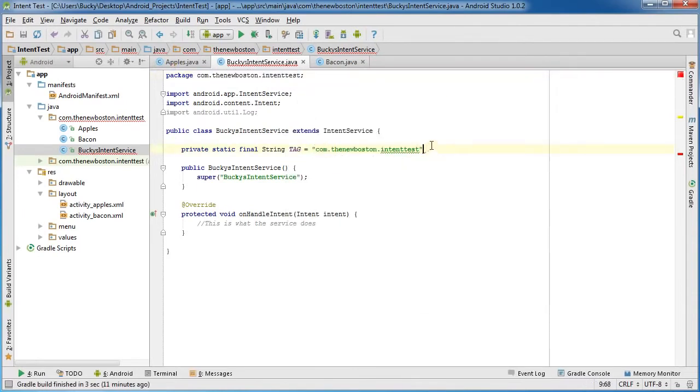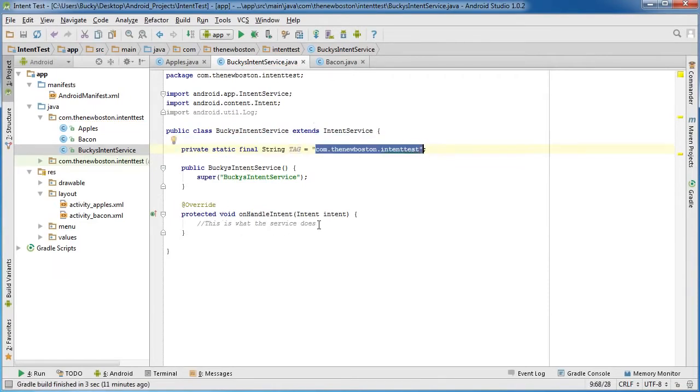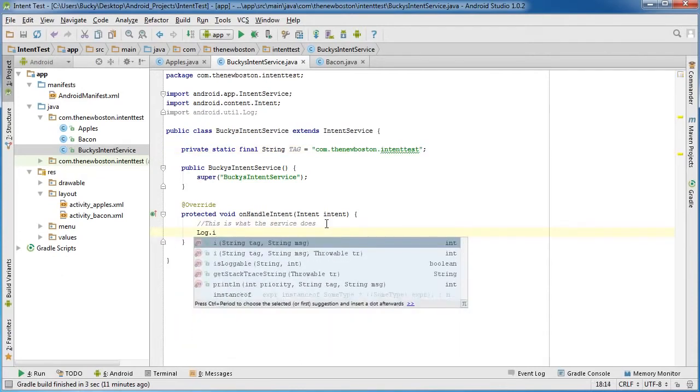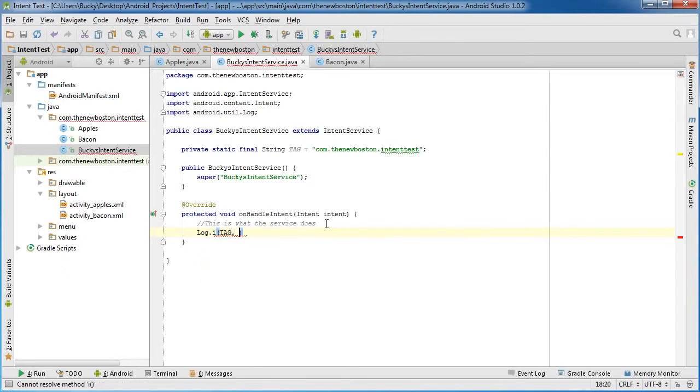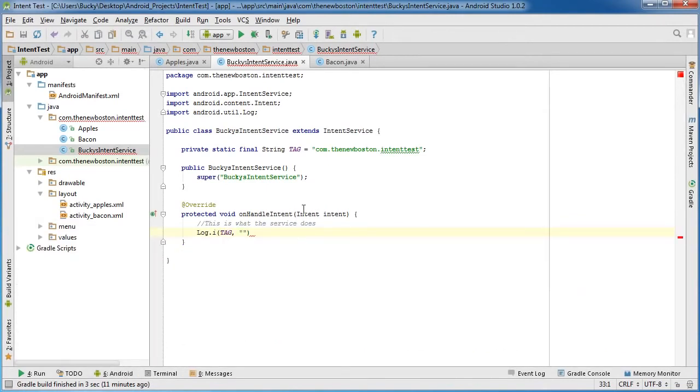And this is just standard. I'm not just making this up. You should name it TAG, and you should set it equal to whatever your package is. And now, of course, whenever you want to log a message, just call Log.i. And the first parameter is that tag, and the second one is what message do you want to output down here. And I would just write something like